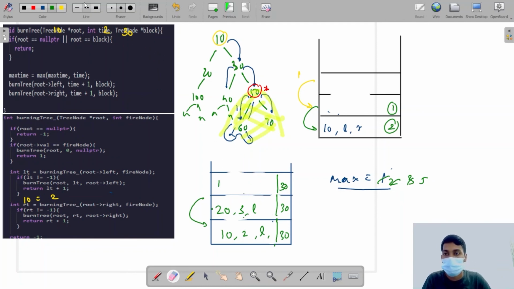With this it is going to make a call to right child, but there is no right child, therefore it is also going to be wiped out of the stack, right? This wiping out means that this much of the tree is already burned, right? And this is also burned. So from here, now what we can say,